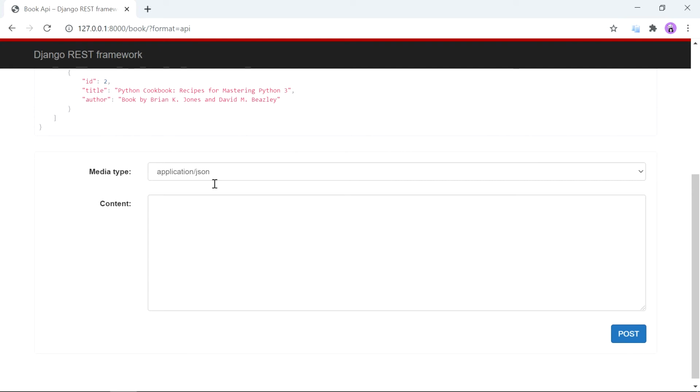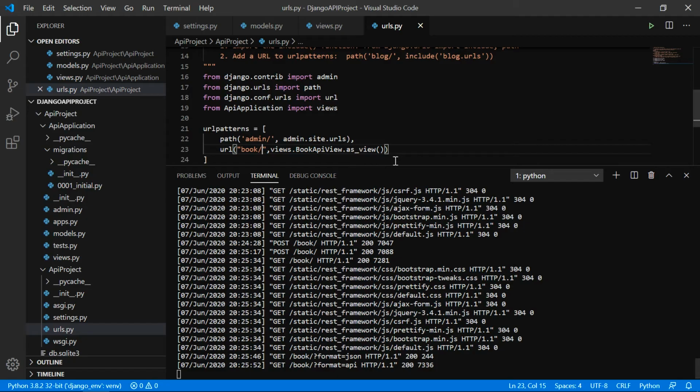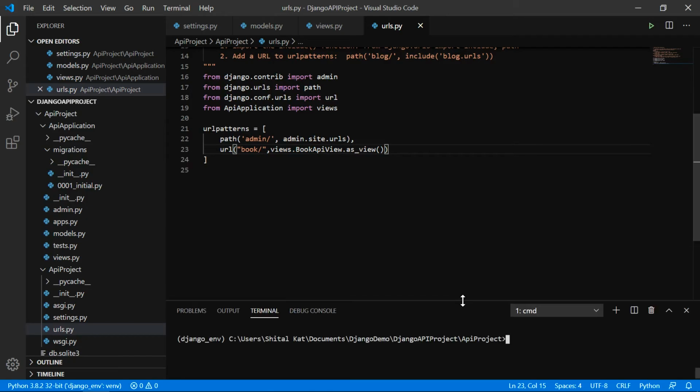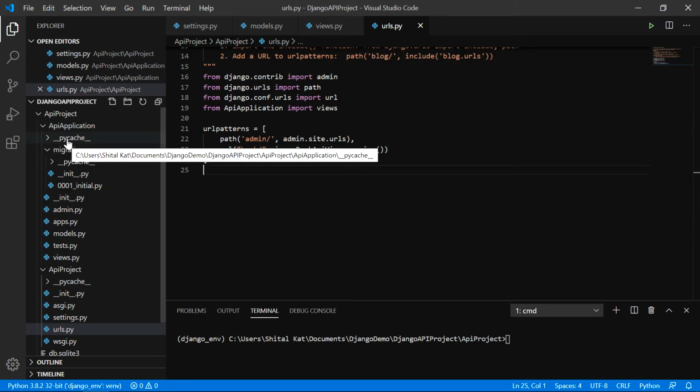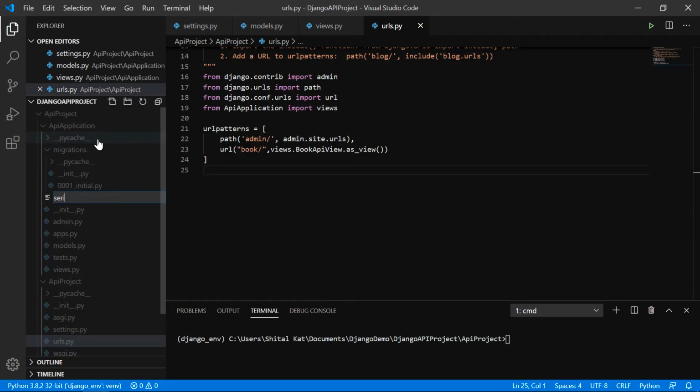I want this form to get better and user friendly. Currently I can type anything in ID. I can type alphabets, symbols in spite of it being a numeric field. So I wanted to add some validation here. Here I am creating serializer.py.